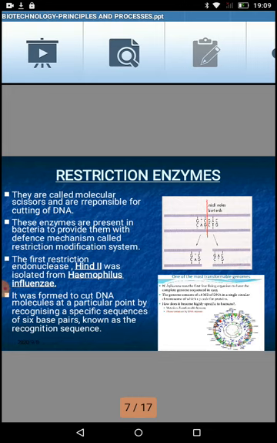These restriction enzymes basically come into the category of a big class called nucleases. Nucleases are a type of enzyme, and underneath nucleases there are two types: one we call exonucleases, and another we call endonucleases. Exonucleases cut the DNA from the ends, like the 5' or 3' end. Whereas endonucleases, which are much more in use, can cut the DNA from the middle.